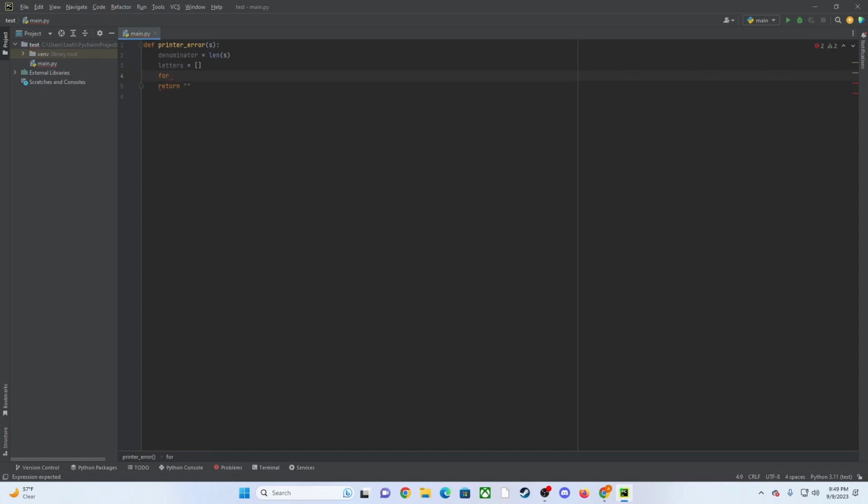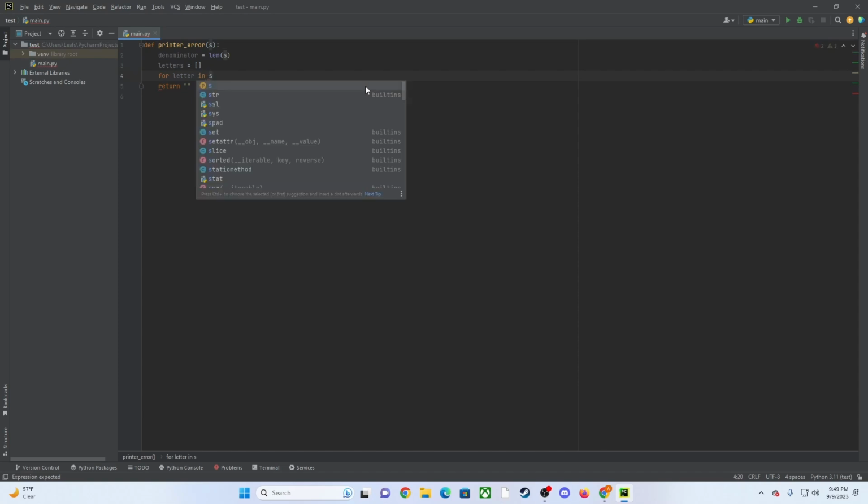So I believe the way this works is that A would be above M, but Z would be below M. So if we use M as our base point here, for letter in S,